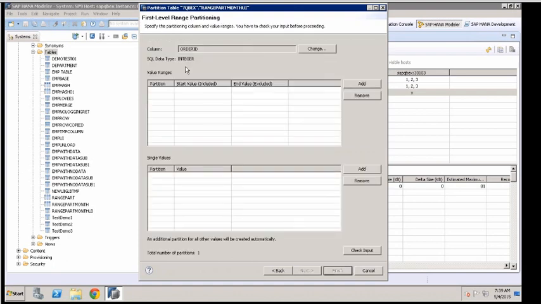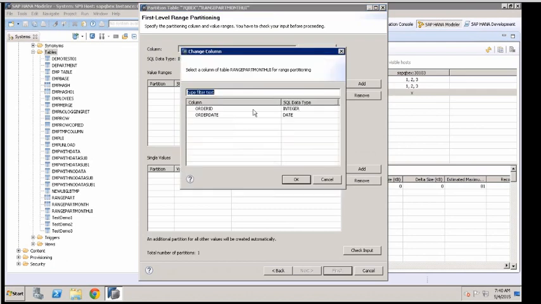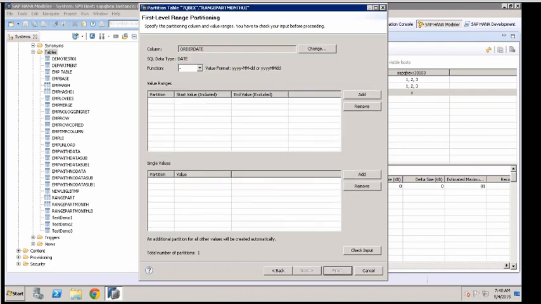Next. Now, what is the column you would like to use? You said you would like to do range partitioning. You would like to do range partitioning on which column? Click on this and say order date. Would you like to do partitioning on the order date directly, or do you want to derive month and do partition on it? Let's say I would like to go with year, boss. Okay. Then I'll say drop down. You can say year of or month. If I say month of, then you start partitioning it on the month. If you say year of, then you start partitioning on the year wise, boss.